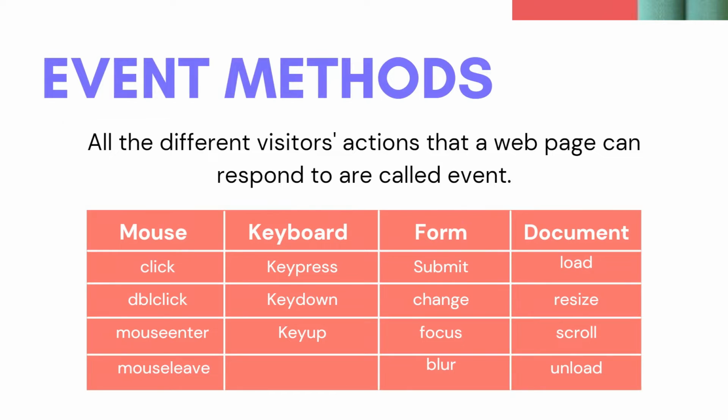Here are some of the user events which we have discussed in ES6 and JavaScript, which are quite big. You can use all of those things in a very simple manner. For example, here we have mouse, keyboard, form, and document. In the mouse, we have click, as we have used onclick there. You don't have to use onclick, ondblclick, onmouseenter, you don't have to use very big syntax. You have only this click method.